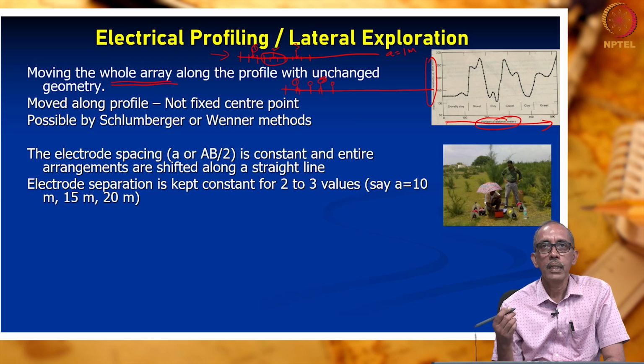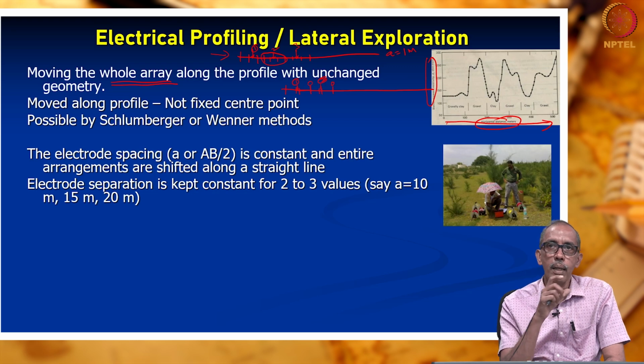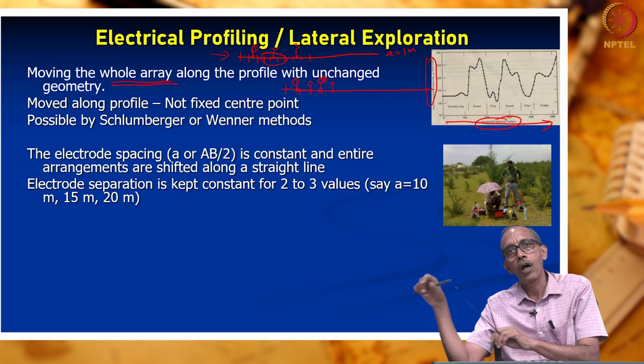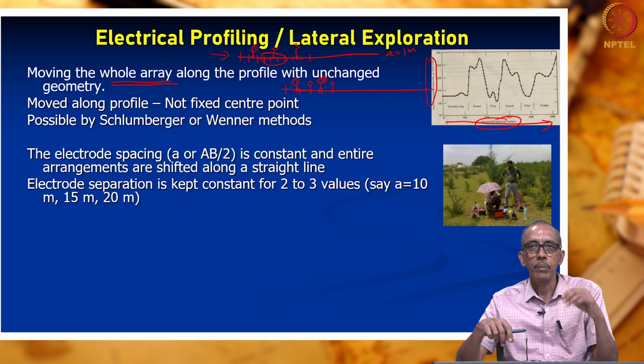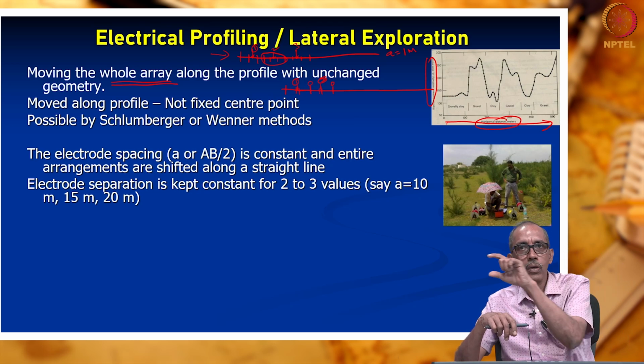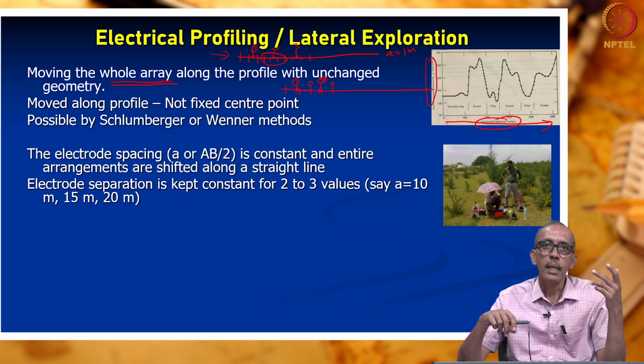If it is Wenner method, what is the depth of investigation? We have seen already, the depth of investigation in Wenner method is approximately equivalent to A, which means when you do profiling as I have drawn here with an electrode spacing of 1 meter, the depth of our investigation is only 1 meter all along our profile, which means we have understood the lithological variation just 1 meter below the surface of the earth. So, in some situations 1 meter of investigation may not be sufficient.